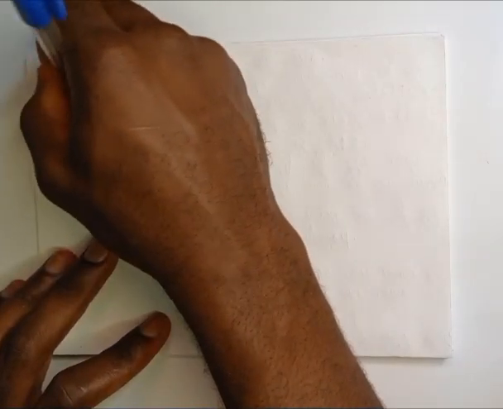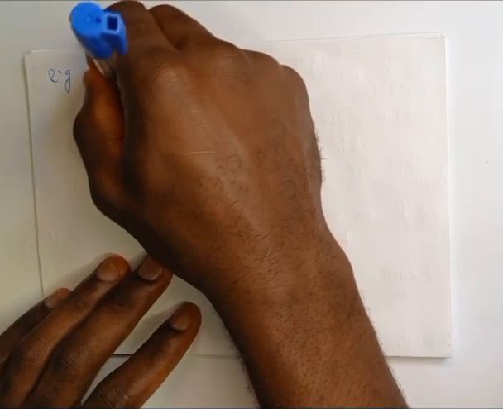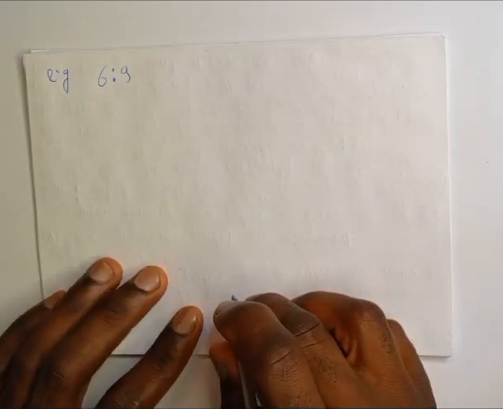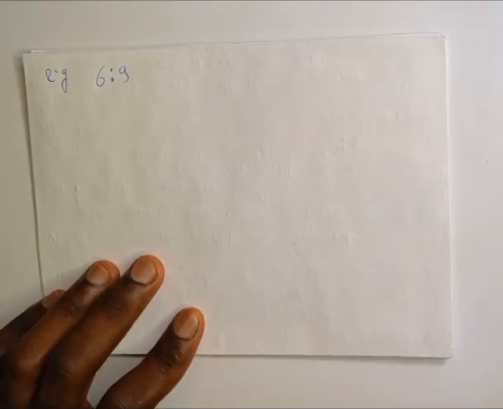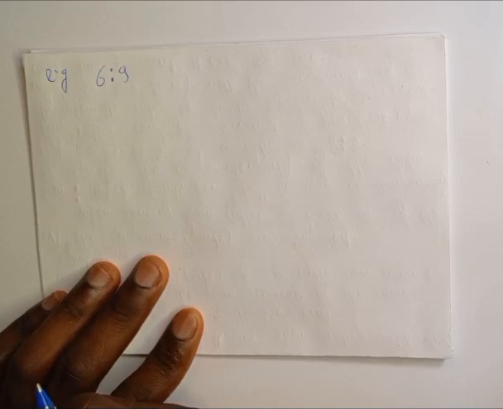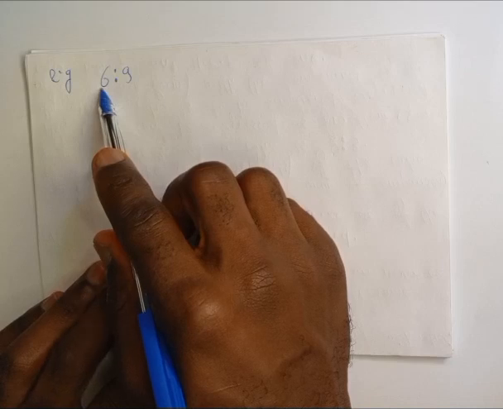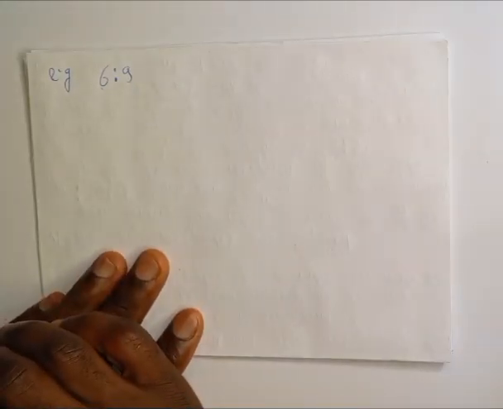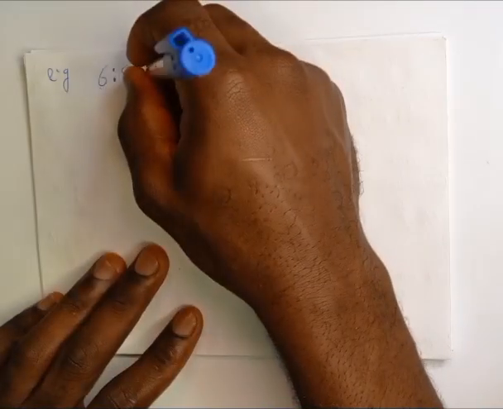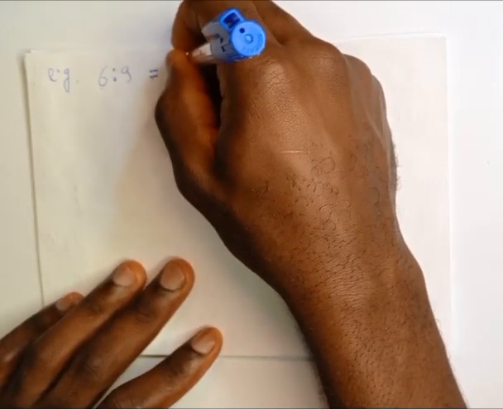E.g., example given, if we take for example the ratio 6:9, we can express this ratio in the simplest form. And for us to express this ratio in the simplest form, first thing we are going to start by writing the ratio as a fraction. And writing this ratio as a fraction, the first number 6 is the numerator, and the second number 9 is the denominator. This will be equal to 6 over 9,